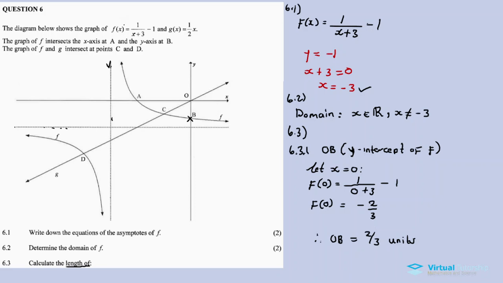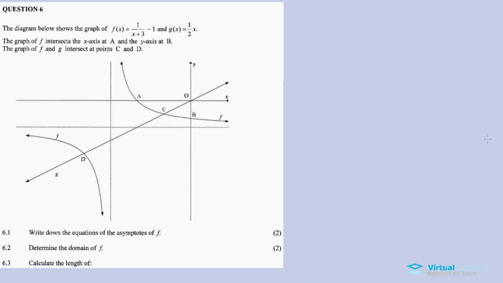Now we go to 6.3.2, but I won't have enough space to do the calculation, so I'll erase. Okay, now 6.3.2, calculating the length OA. So it's from this point O all the way up to A, and the distance from O to A is the same as the x-intercept for F. So since OA is the same as the x-intercept, we calculate the x-intercept of F,